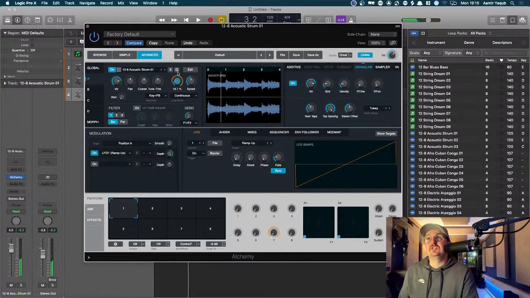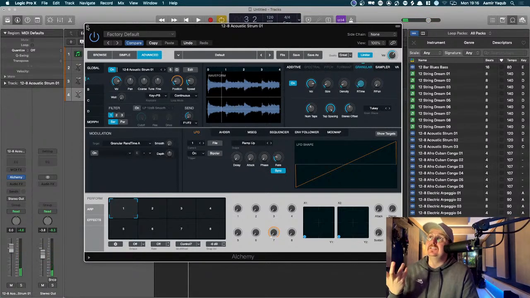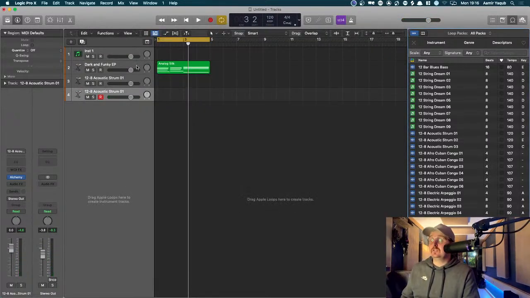I can change the position, I can change the speed. Let's try and get some... so if I was looking for a loop there, more of a pad effect, I can start to draw that kind of thing in. So it's just another feature of Alchemy where you've got a lot of stuff that isn't obvious on the surface,